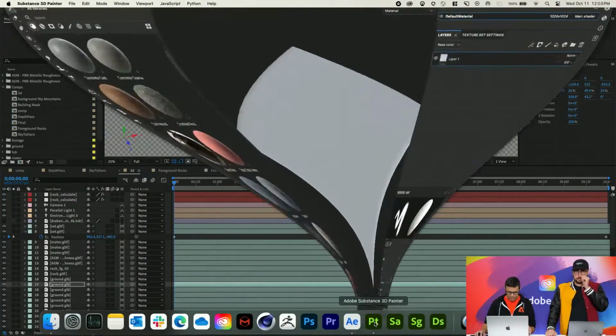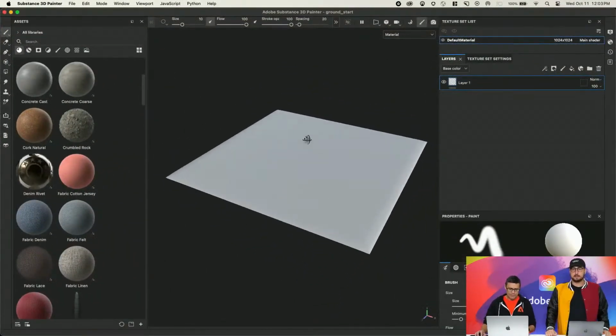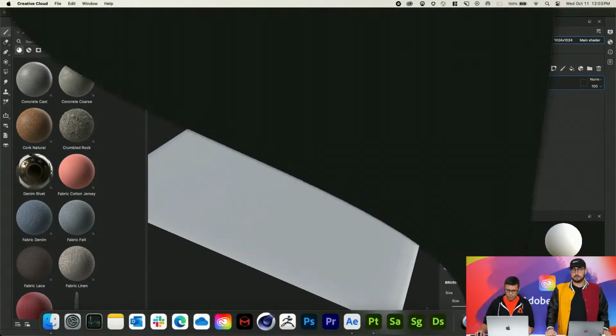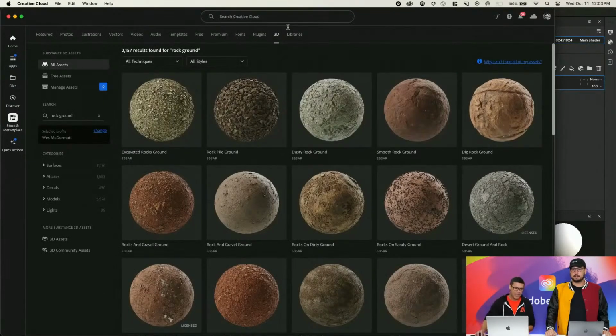Okay. Let me open it up. All right, so this is just the plane that I was using. Now, one thing about this plane, as you'll see, is I'm going to grab a material and apply it. Now, to get the material, what I did was I jumped over to our Creative Cloud desktop app, and underneath